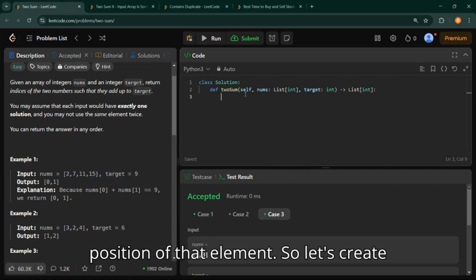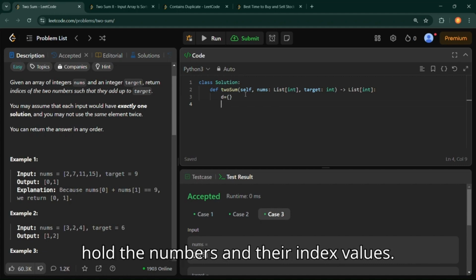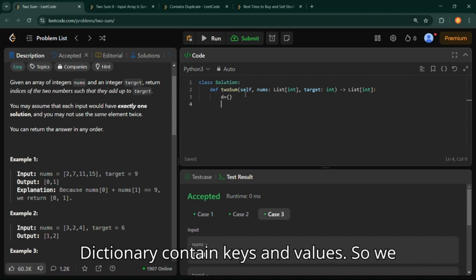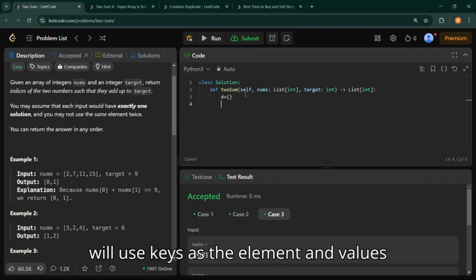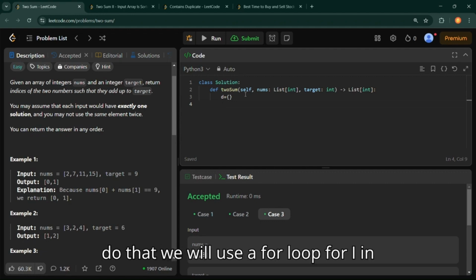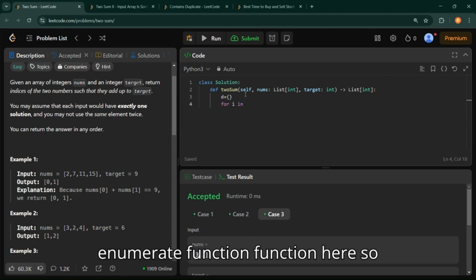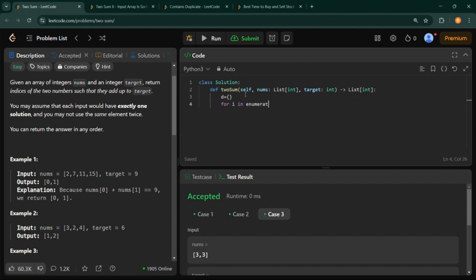So let's create an empty dictionary here. This dictionary will hold the numbers and their index values. A dictionary contains keys and values, so we will use keys as the element and values as the index numbers. To do that, we will use a for loop, and we will use the enumerate function here: for i, j in enumerate nums.